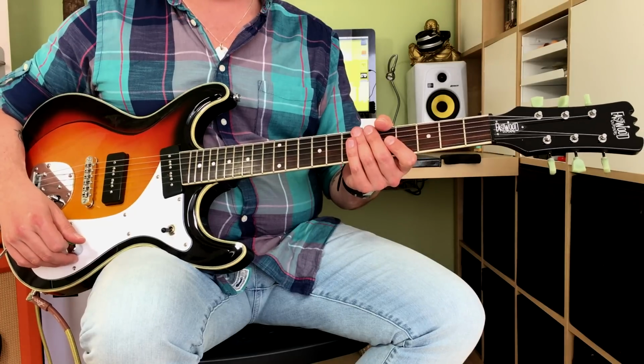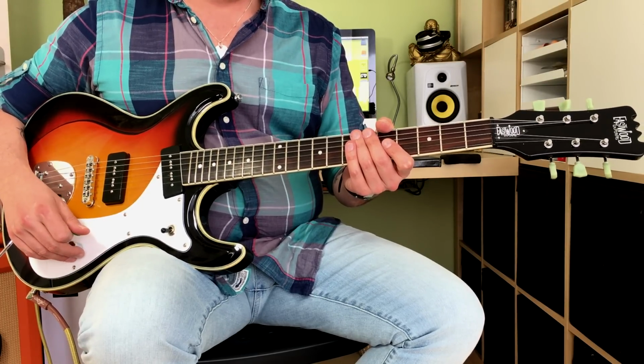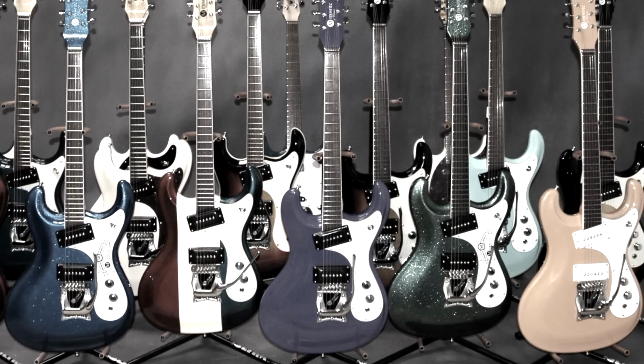This is JJ here again with a demo of the Eastwood guitar Sidejack DLX. Now, this guitar is modeled after a Mosrite Mark I. A what? Yeah, a Mosrite Mark I guitar. Now, Mosrite guitars, they built guitars in California in the late 1950s, early 60s, and those guitars were adopted by